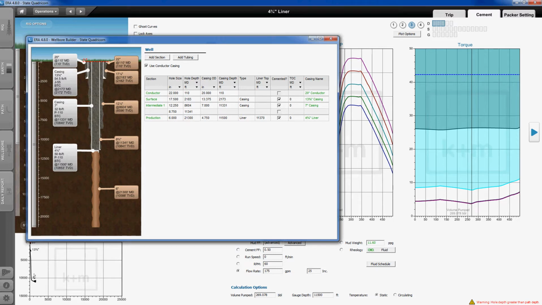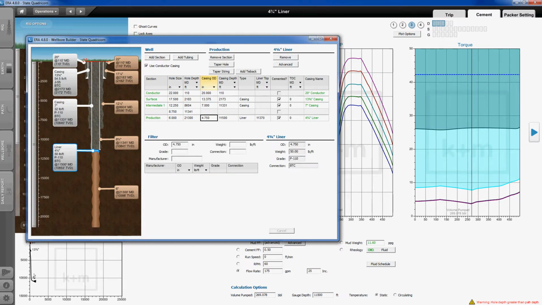So what I've done here is made a copy of your state Quadricorn well, and I made a couple modifications. One of them is the liner. Instead of it being a 4.5-inch liner that's run throughout the entire open hole, I changed the liner basically to represent the drill collars in your drilling assembly. So it's a 130-foot long liner, if you will, and I manipulated the OD and the ID to represent average